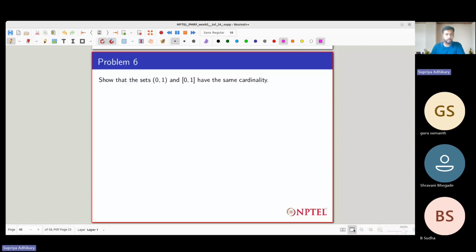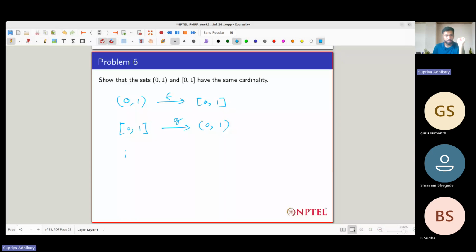Okay. So now, from here we will start some problems based on cardinality of sets. Over here we are given two sets, the open interval (0, 1) and the closed interval [0, 1]. Now we have to show that these two have the same cardinality. So basically we have to find a bijective mapping. We know the theorem that if we can find an injective mapping from the open interval (0, 1) to the closed interval [0, 1], and also an injective mapping from the closed interval [0, 1] to the open interval (0, 1),